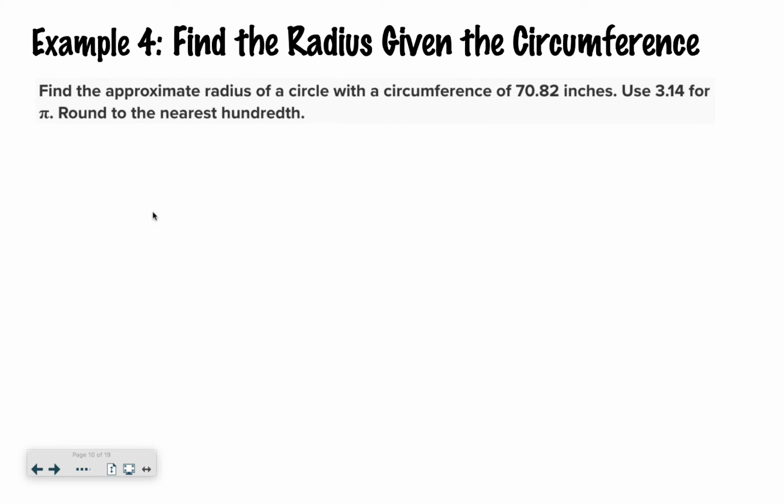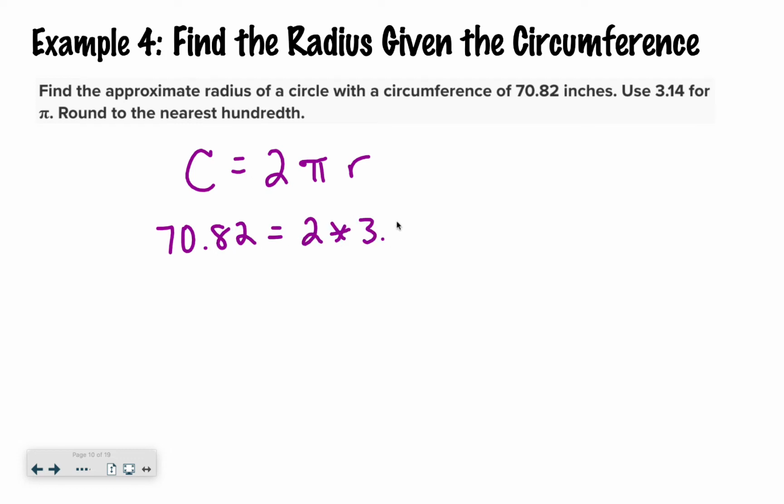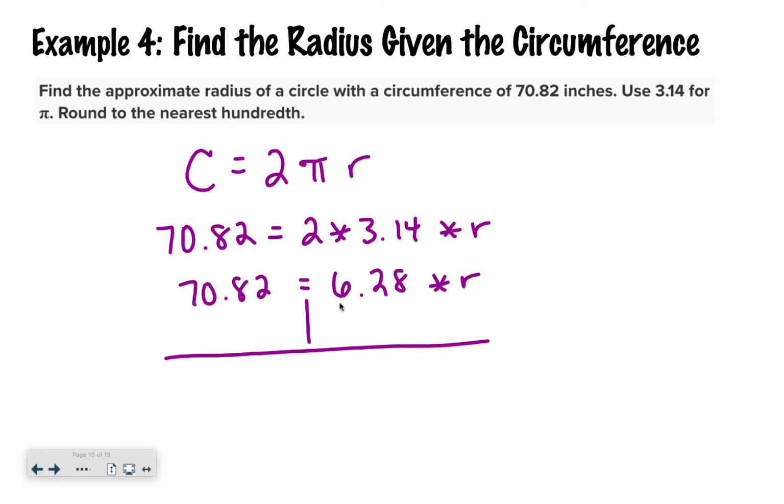Let's move on. Now we're going to find the radius given the circumference. So remember, circumference equals 2 times pi times the radius. If we have a circumference of 70.82, I would say 70.82 equals 2 times 3.14 times the radius. If I do 2 times 3.14, I get 6.28 times the radius. Now it looks similar to the last problem, where I just need to divide by the number in front of my variable. So 70.82 divided by 6.28